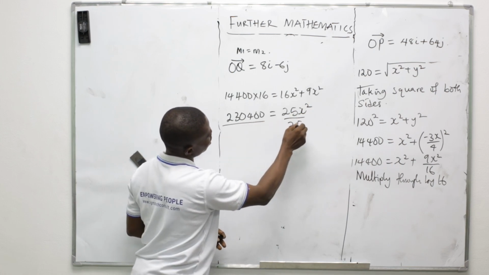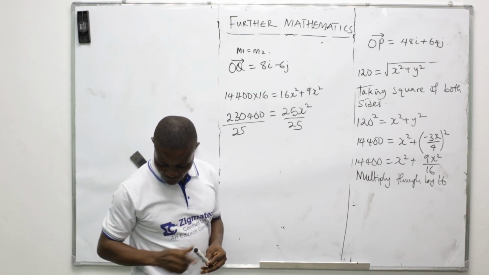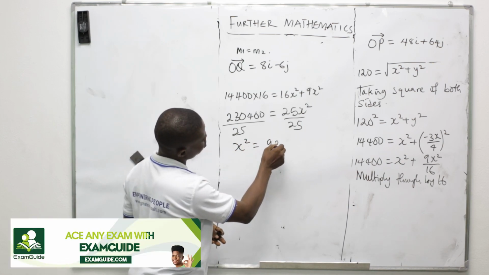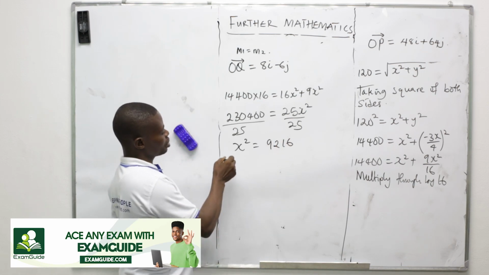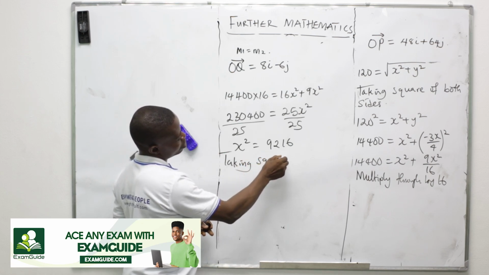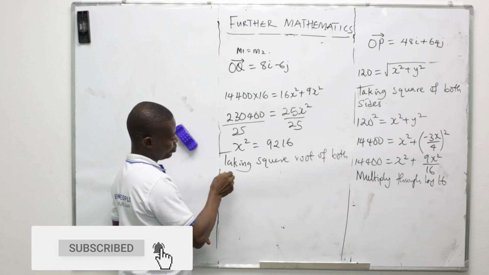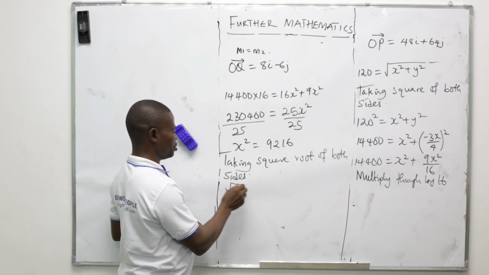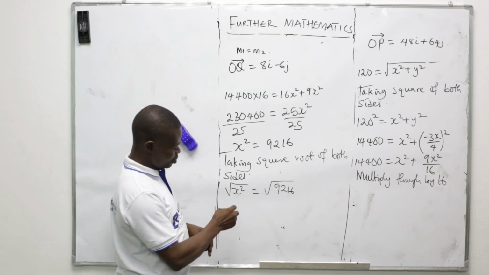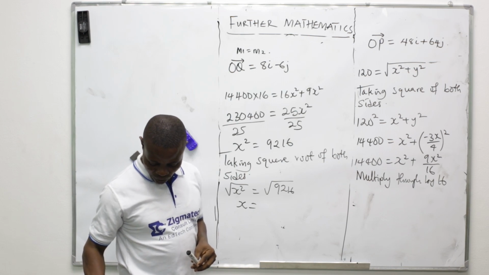Dividing through by 25 will give us x squared to be equals 9216. Now taking square root of both sides, we have that root x squared equals root 9216, will give us that x equals